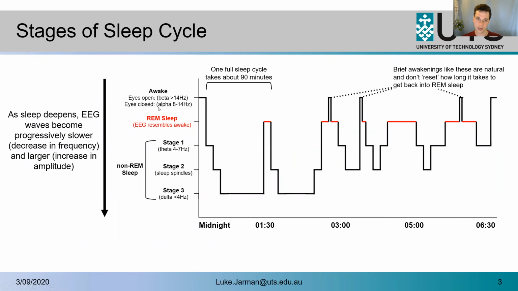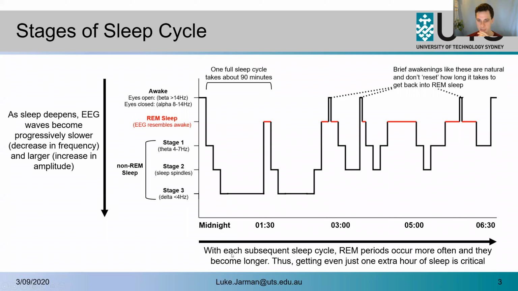So you move from beta waves to alpha waves when you close your eyes, and then as you fall into sleep, you go into theta waves, and then you start seeing delta waves, your really slow waves, the deeper you are in sleep. So interestingly, REM sleep isn't necessarily really deep sleep. When people say they're in such a deep state of sleep that they start dreaming, it's not really true. REM sleep, when dreaming occurs, is actually more like being awake, if anything.